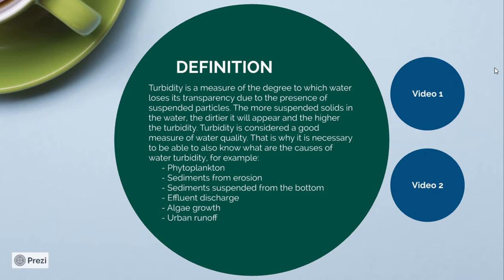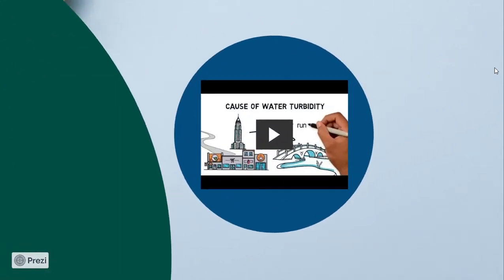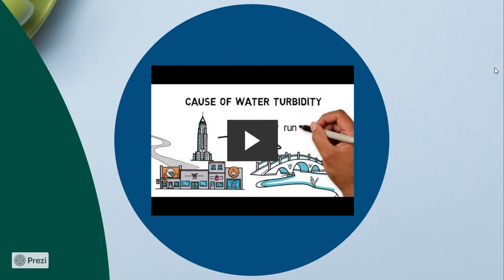As a curious fact, according to the WHO, the World Health Organization, the turbidity of water for human consumption should in no case exceed 5 NTU, and it will ideally be below 1 NTU for human consumption. In this video, we will learn the definition of the turbidity of water.